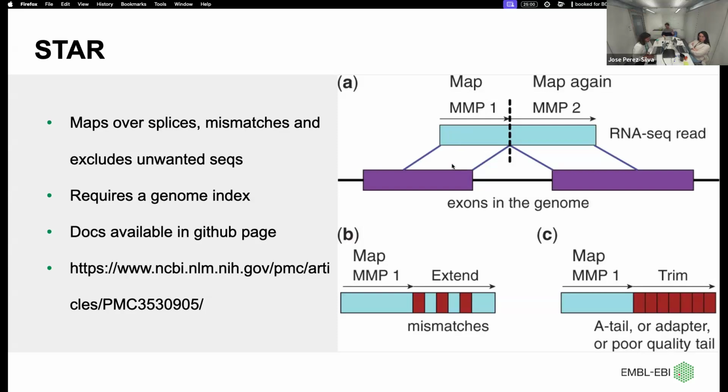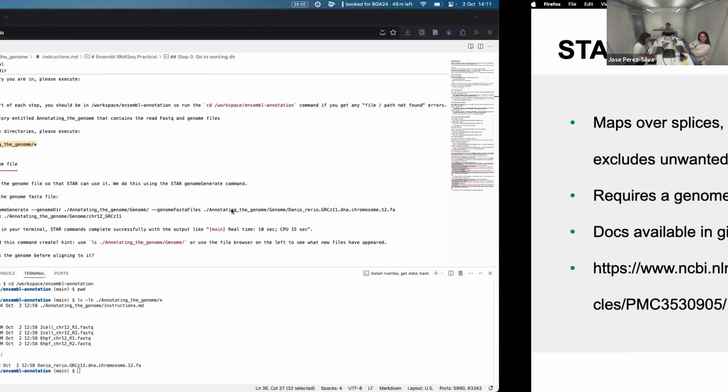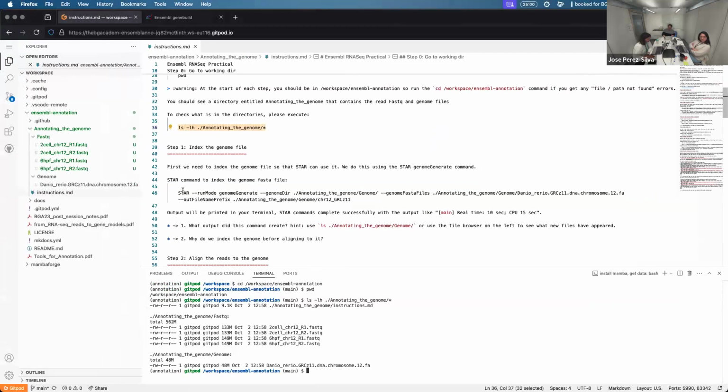So before we go and do that, which is in the instructions, I just wanted to mention that the STAR website, well, the GitHub page specifically, is pretty good. It has a very comprehensive tutorial and docs, and yeah, please check the on-site documentation, obviously, if you ever use the software. But now let's go ahead and